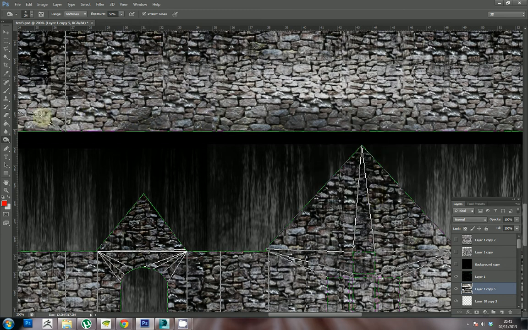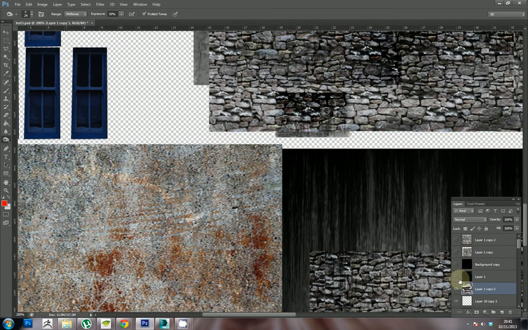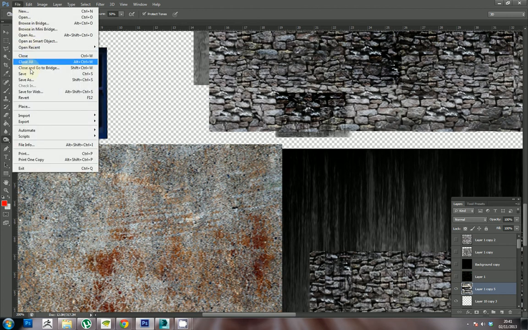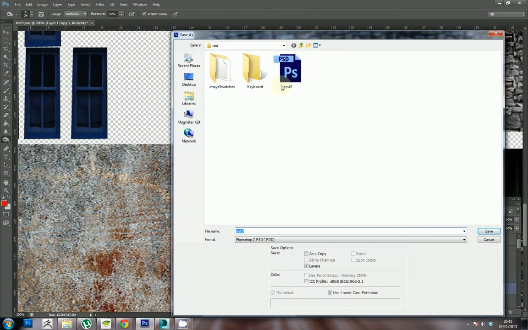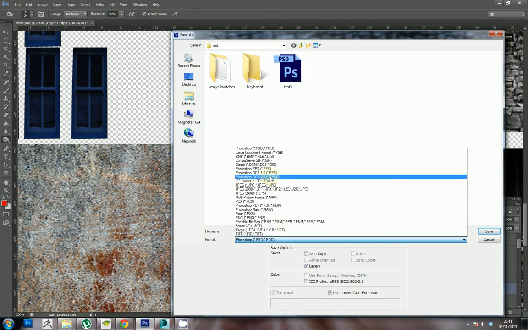You can use different brushes to get different effects. So if I just go out and minimize that again, Save As, I can go and save this as a JPEG,